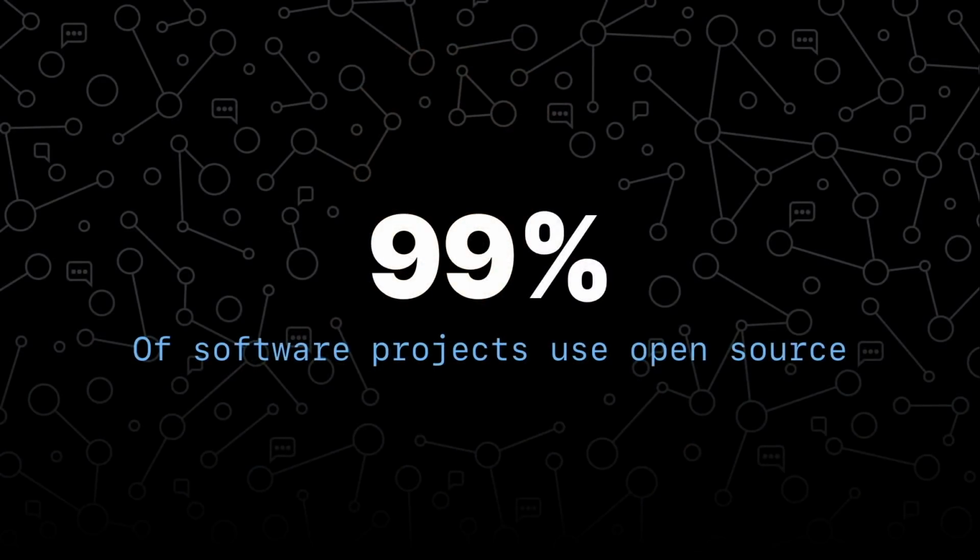Now, the chances are you have already started to use open source code, because nearly every software project on Earth today has open source dependencies. So whether you're working at a large company or a startup, whether you're a scientist or a student, you rely every day on open source code, and you rely on the people who create it, right? Every line of code that you write builds on the work of thousands of others.